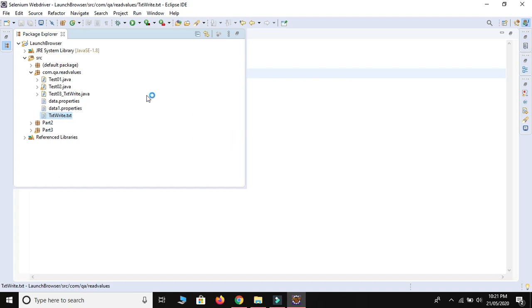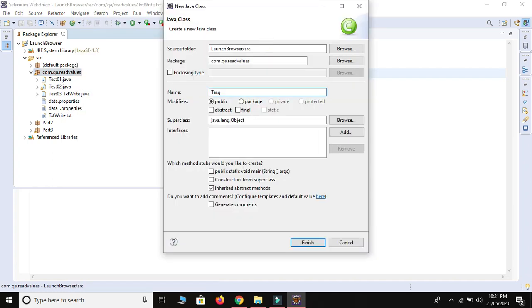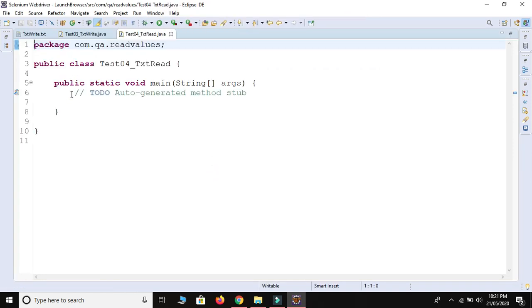Let me create one more class, new class test04 underscore txt read with main method. Means we are going to read data from txt file.